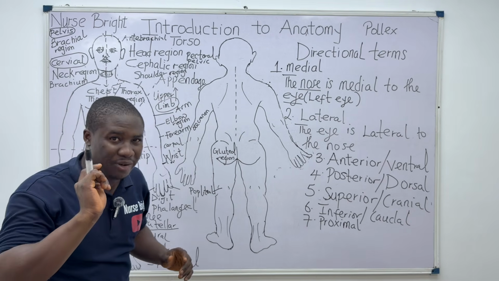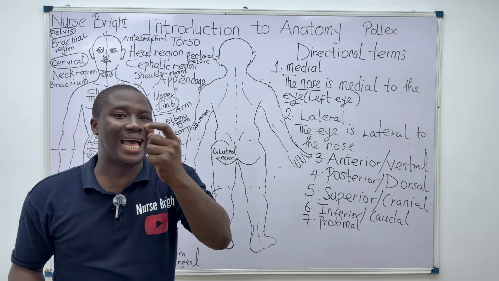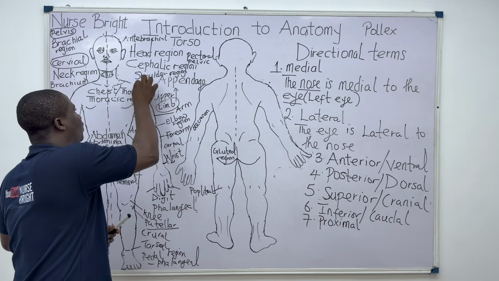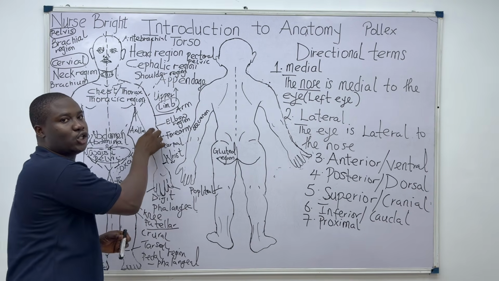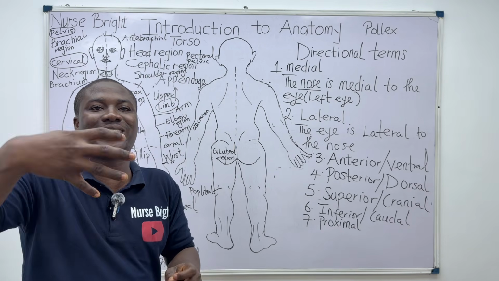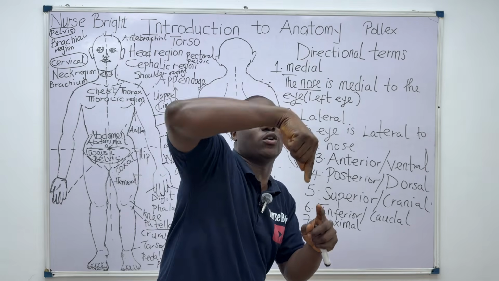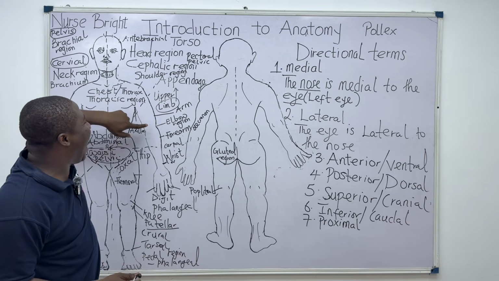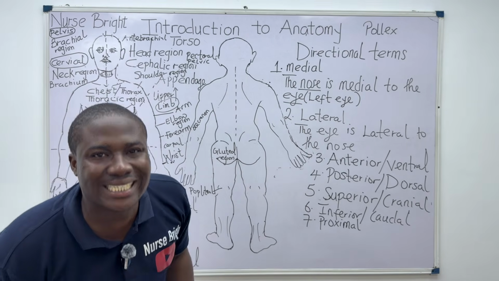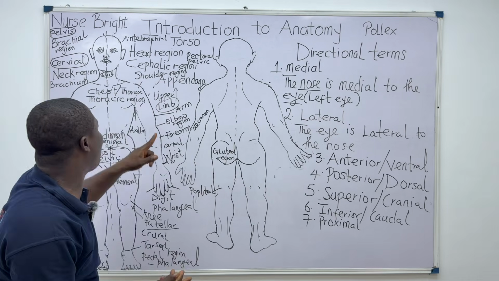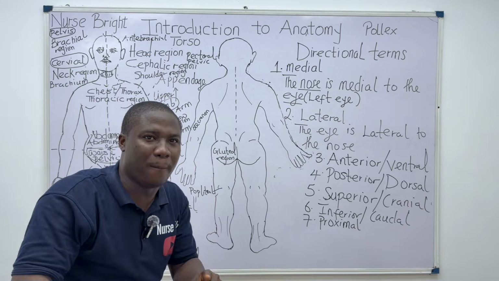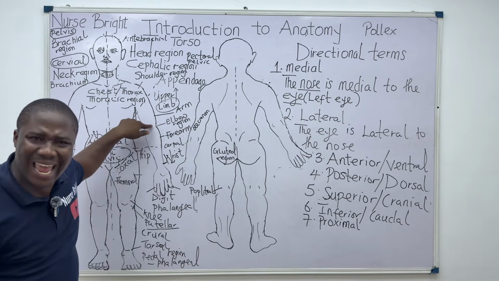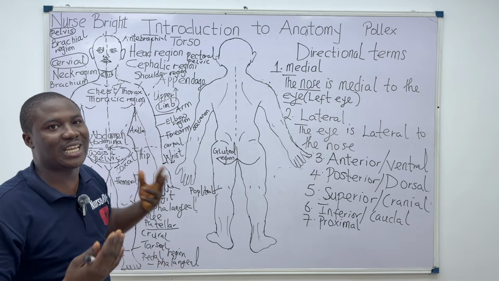So now relate. I said that the word proximal is used for limbs. This is the shoulder region, and this is the elbow region. Now we said that our reference point is that if you are closer to the point of attachment, that's when you are proximal to another structure. So relating the shoulder and the elbow, which is more proximal in respect to where it's attached from? It is the shoulder that is proximal to the elbow. Based on what? The point of attachment, which we have talked about.